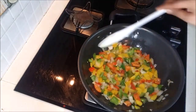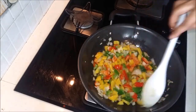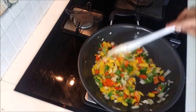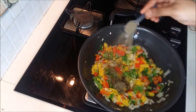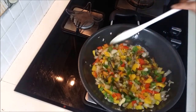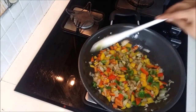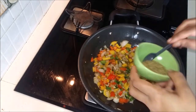Now our veggies have cooked a bit. You don't want them too soft. A little on the crunchy side also tastes good. To this, we will now start adding our seasoning. We will start with about 1 heaped teaspoon of pepper powder. If you like pepper, you can add some more. Then goes in some pizza seasoning,